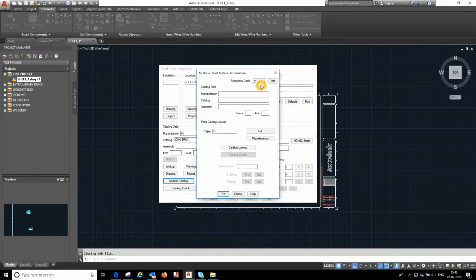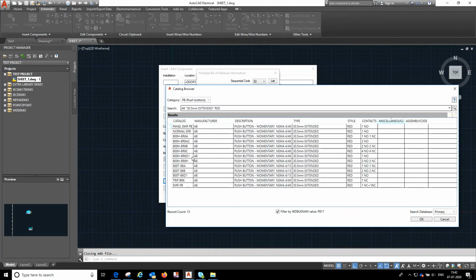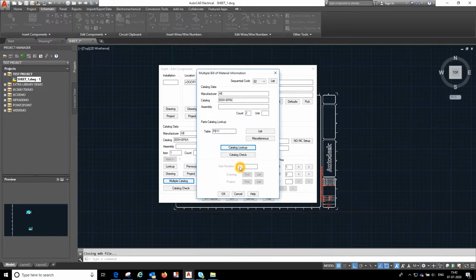There you need to select sequential code as number 2, count as 2, and again you have to click on catalog lookup. There you need to select randomly one more subcomponent, and think of it as a circular clamp for the push button. Here again, don't click on the OK button.